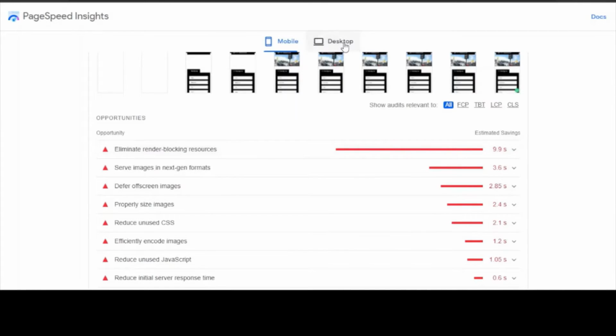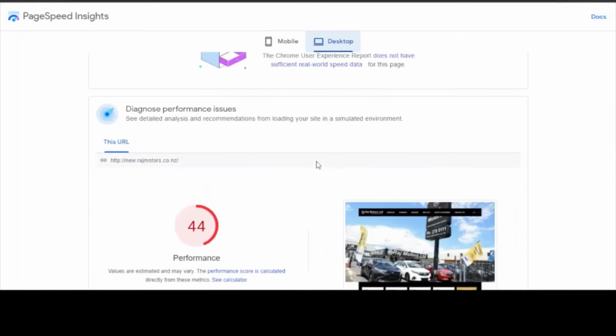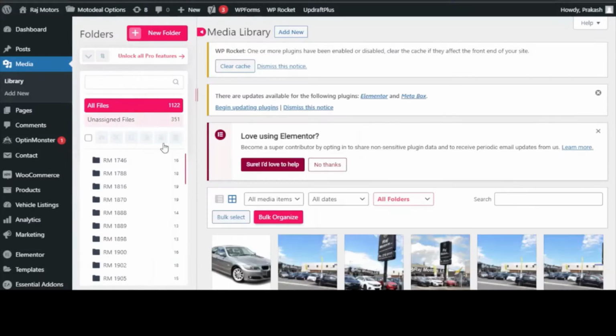On the desktop, it is also indicating that the images are not properly sized, and it is suggesting that we should serve the images in a next-gen format. A few things like the CSS and other things we'll also be looking at. So this is the report for our website, and we will compare this report after we do the optimization steps on our website. The first thing that we will be doing is we will use a plugin, and for that let us hover